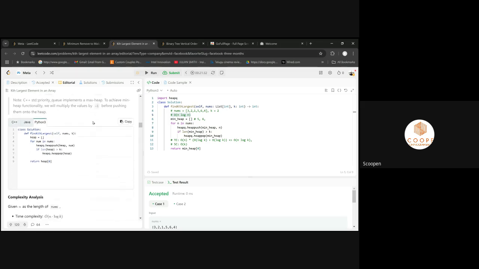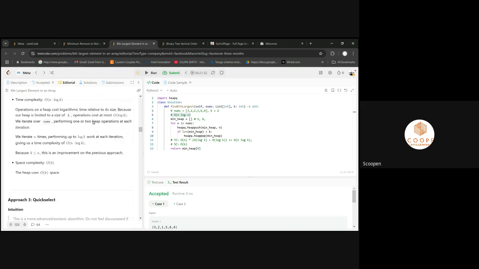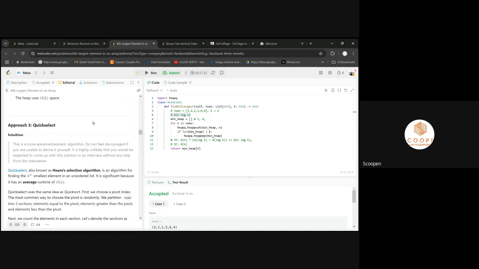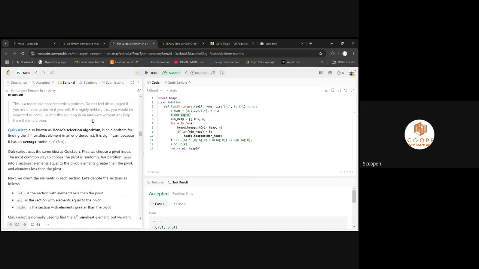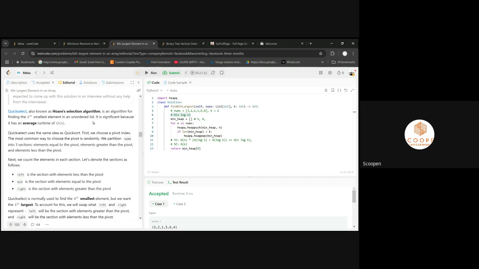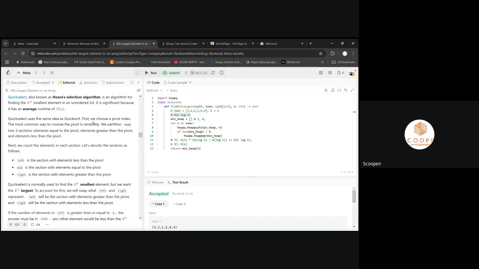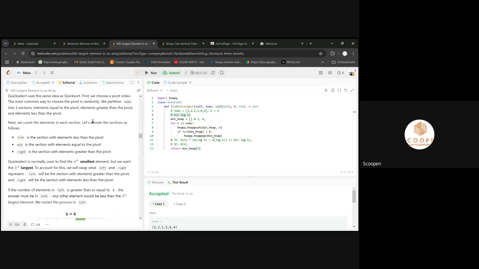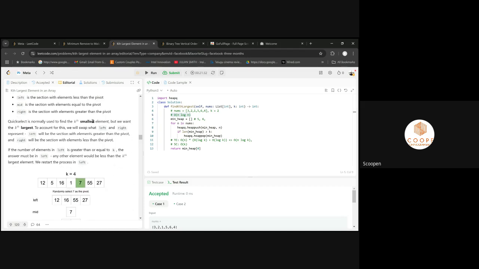Code में heap का, which is very similar to what we did just now. ये है क्विक सिलेक्ट का। क्विक सिलेक्ट थोड़ा सा एडवांस्ड एल्गोरिथम है, वो क्विक सॉर्ट के सिमिलर होता है। जब भी आप के स्मॉलेस्ट या के लार्जेस्ट देखते हो, उसमें क्विक सॉर्ट यूज करके आप सॉल्व कर सकते हो उसको।